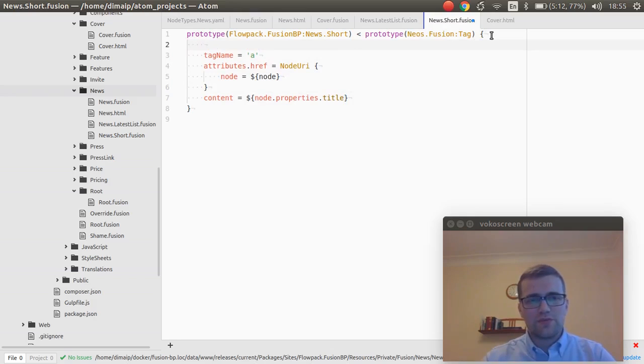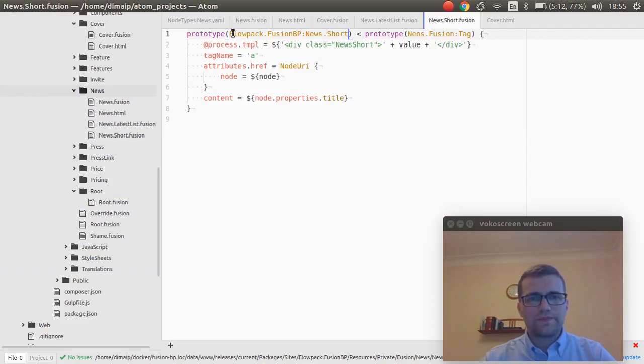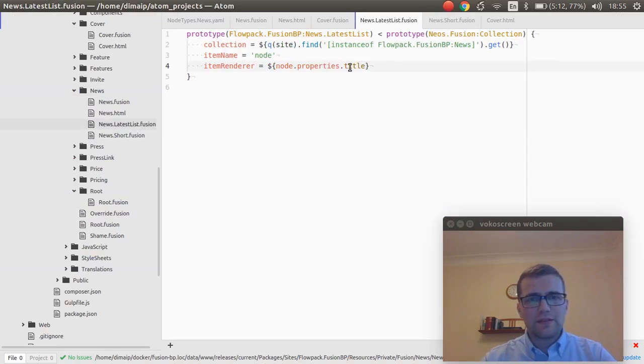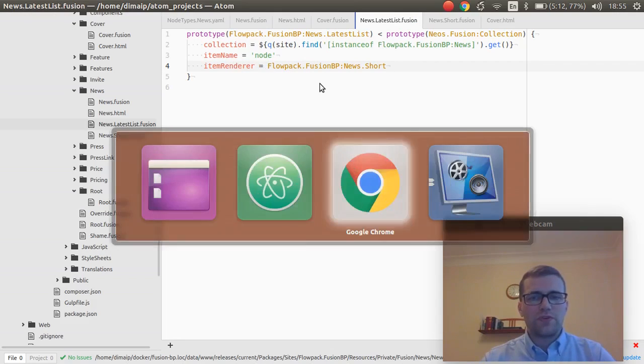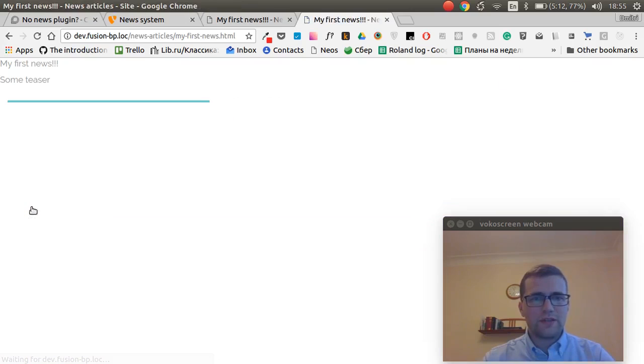Right, and let's just wrap it with some template, like, I don't know, use short, just to serve as an example. Okay, let's give it. And now we need to tell our latest list that we want to use our news short object as a renderer for each item in the list. Let's see if that worked. Yay. Now we can actually link to the full view